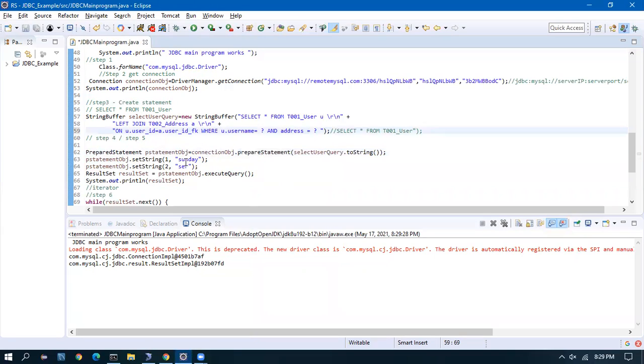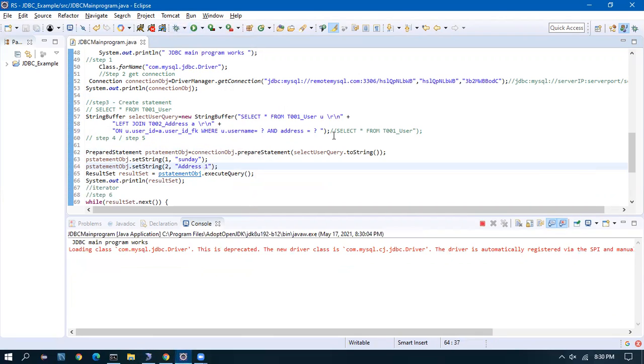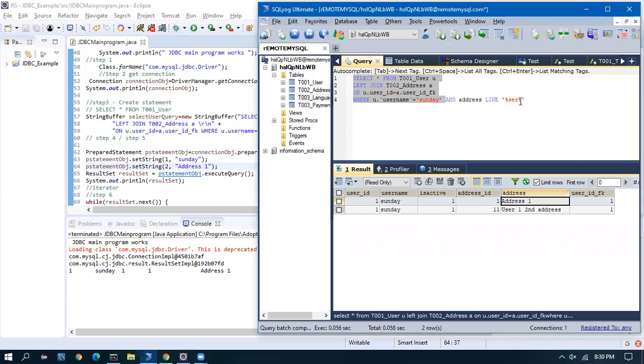Address equal to ADDRESS space one. So we got the one row. If you're wondering what is that percentage, I'll show you quickly on what it is.